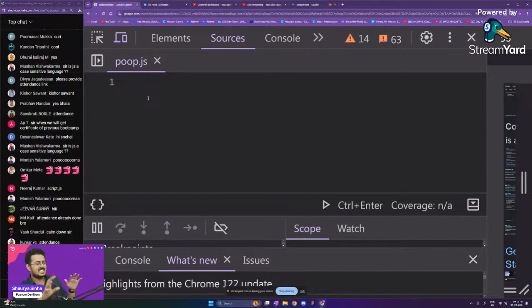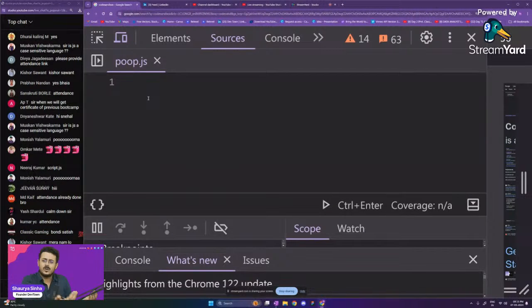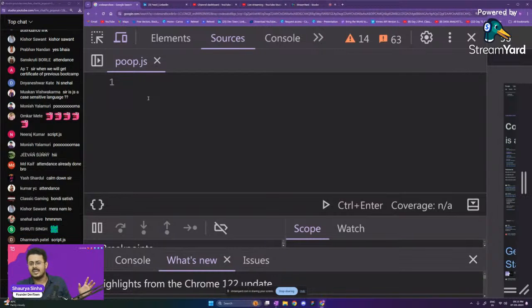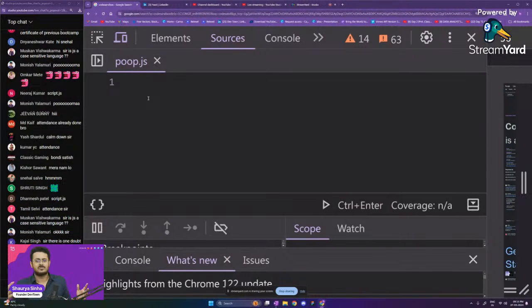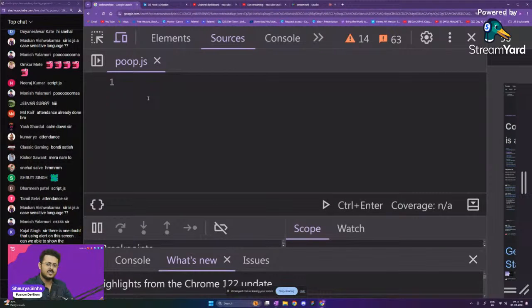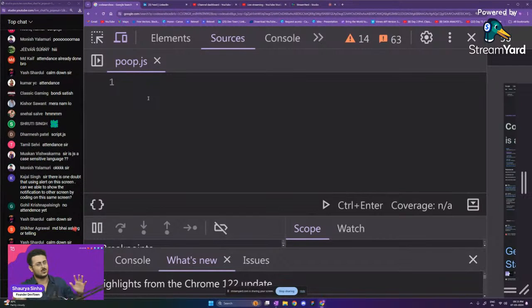So in the exact same way, this is a JavaScript file. You can write your code right over here easily. You don't have to worry about running every line, pressing shift enter for every line of code. No, just like a normal Word document, write your code right over here, save it, come back at a later point of time, write your code once again, and so on and so forth.